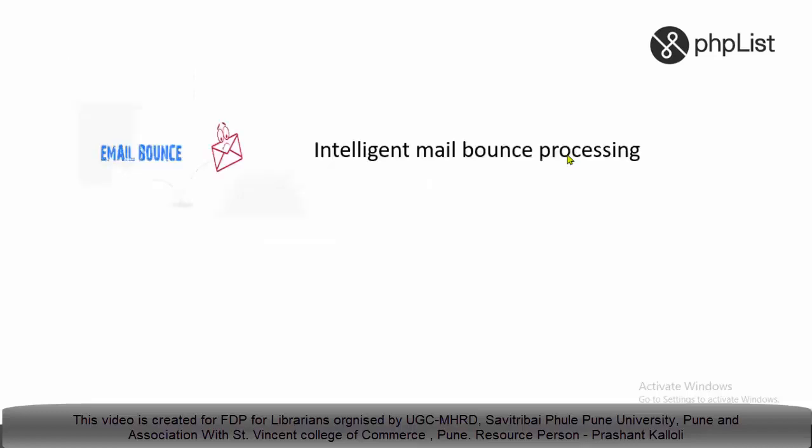One more beautiful feature is that PHPList has intelligent bounce processing. It checks and monitors such bounce emails and prepares a blacklist of such emails. Means if our mails are bouncing, the system automatically makes a list and puts all those mails in a blacklist.